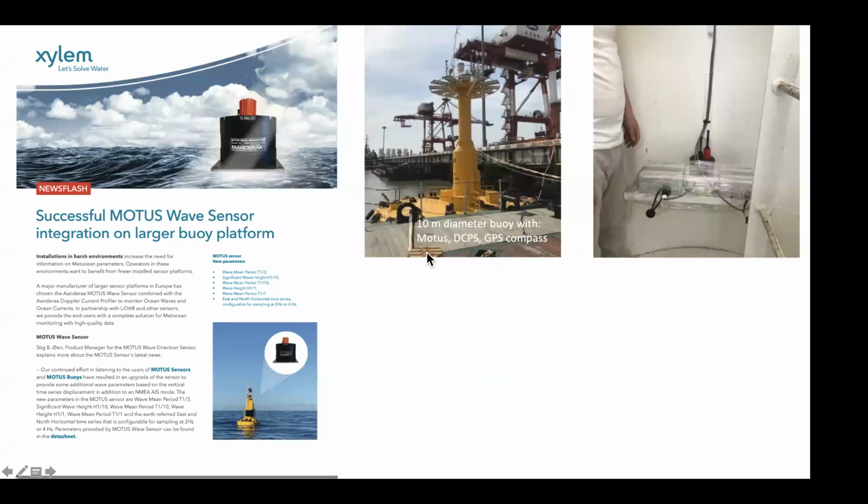And here we have examples of bigger platforms where Motus and current sensors are integrated. This is the 10-meter diameter buoy, which is in operation in the East China Sea from the Chinese Meteorological Institute, and where Motus is placed inside the hull here. One unique feature with the Motus is that it has inbuilt features which make it possible to place it off center and at different locations on a buoy and compensate for that with